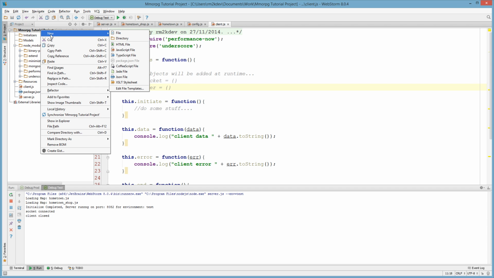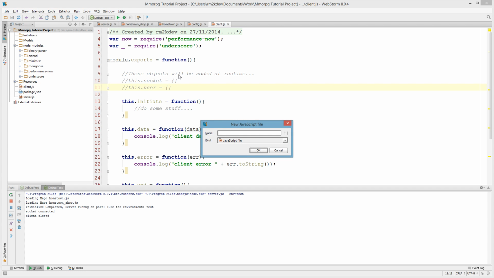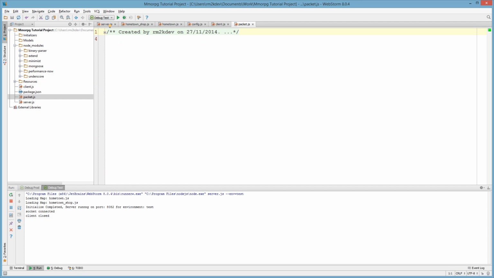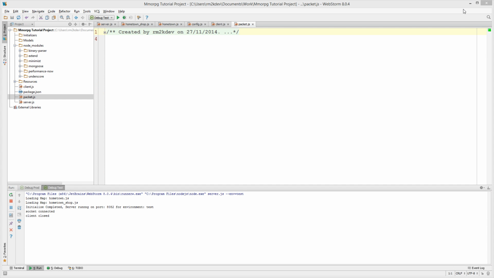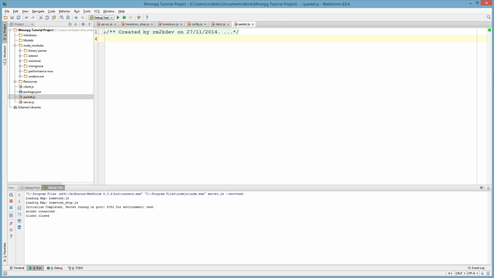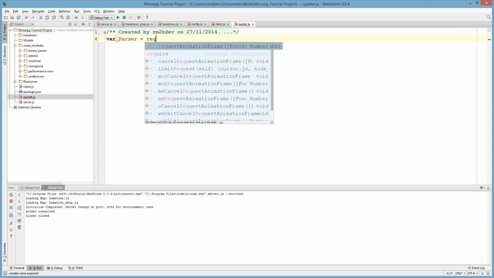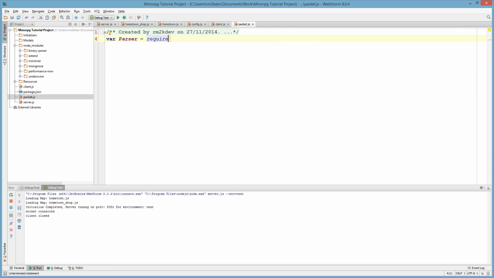So with that said, I'm going to create a new JavaScript file called packet.js. And I'm going to do that again because I did that terribly. Packet.js. Now, inside of packet.js, we need to require in a file. So I'm going to say var parser equals require. Actually, we don't need to do that yet. We don't need that yet. We are going to say